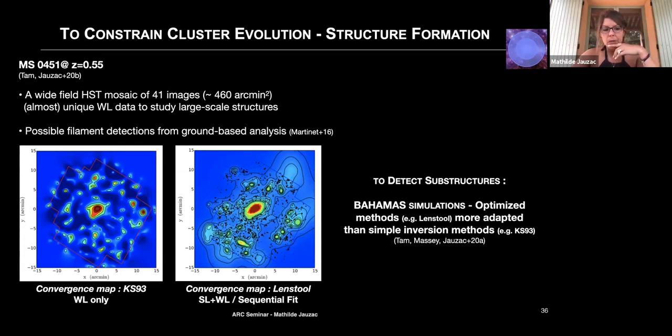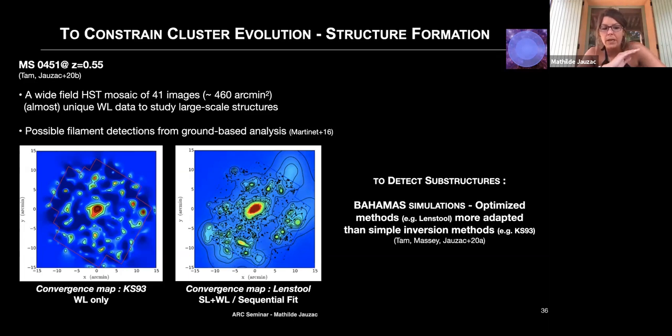Most of the start of her PhD was to work on this cluster and try to map the mass distribution, also because it's extremely massive. It's a merging cluster. In the core, you can see 2 clear components. It is also a cluster that could have been a really good candidate for possible large-scale filament detection, because we had hints from previous ground-based weak lensing analysis from Nicolas Martinet. What you can see on the left is a pure, simple convergence map done using KS93, which